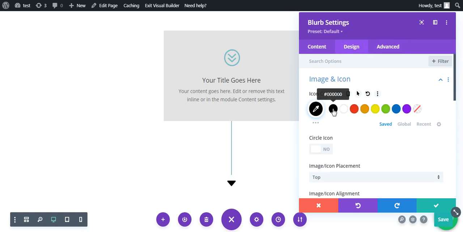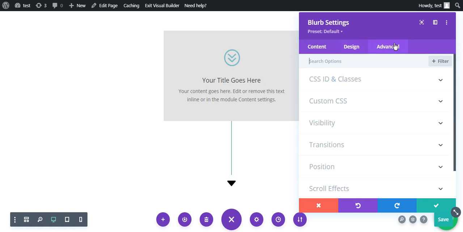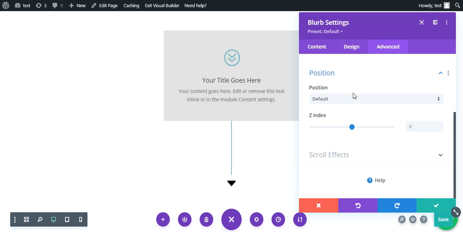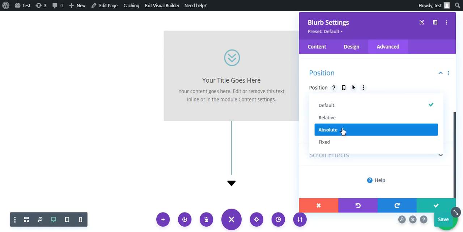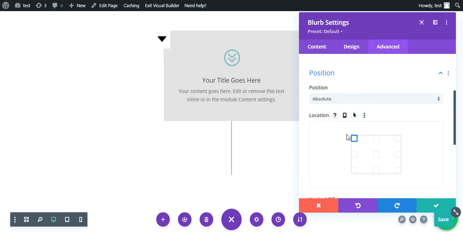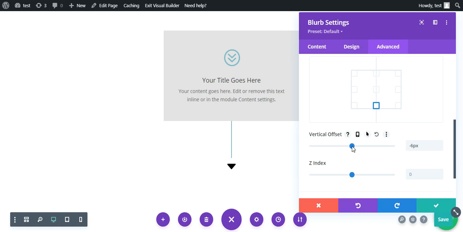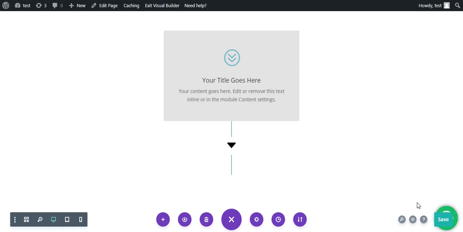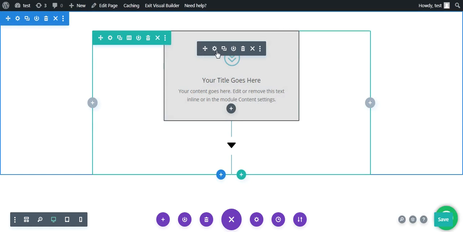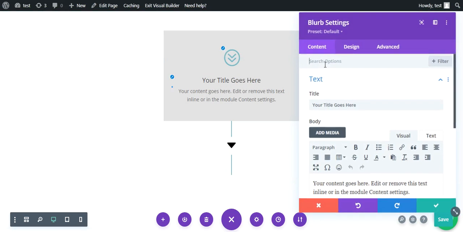Let me pick the black, and we have to use the position absolute, and the vertical offset a bit at this place is okay.